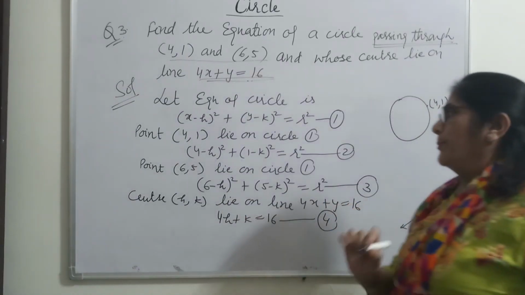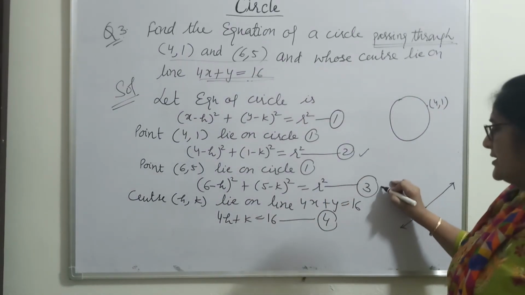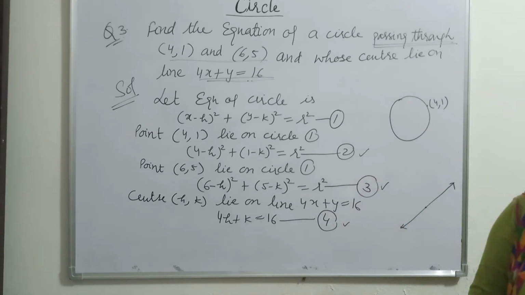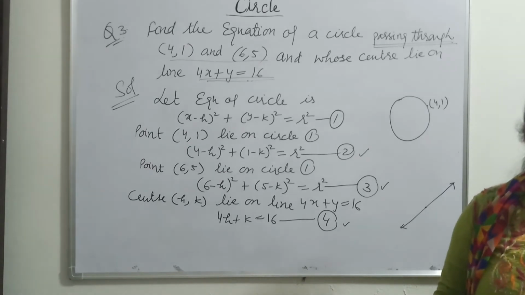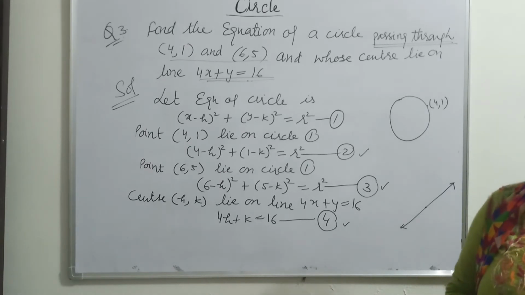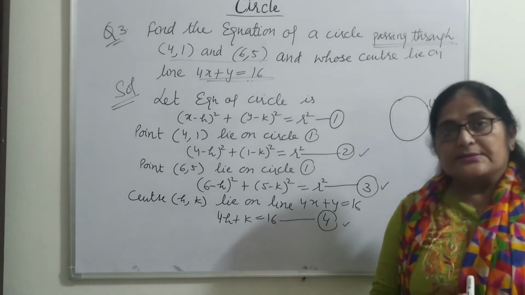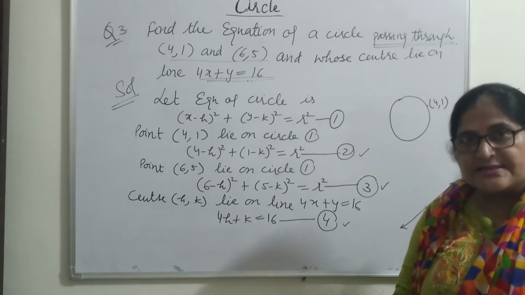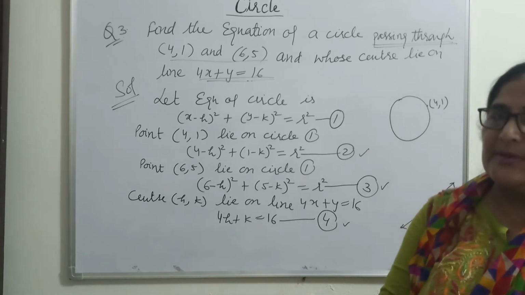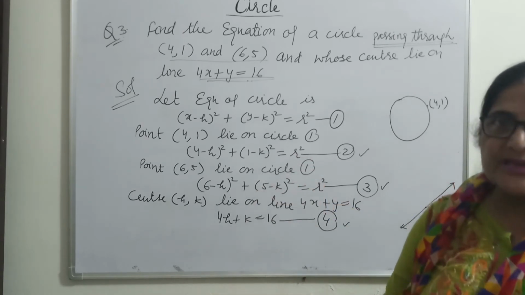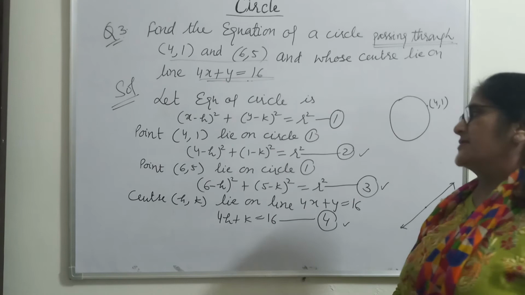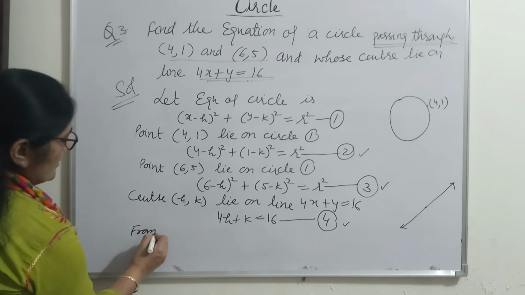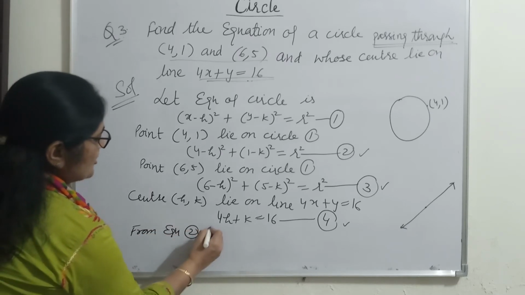Now the problem is, there are 3 equations, equations 2, 3 and 4, and 3 unknowns: h, k and r. You have studied simultaneous equations in class 10th, in 2 variables, but here there are 3 variables. So first we will convert into 2 variables. Now from equations 2 and 3,